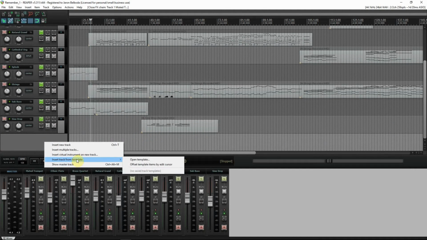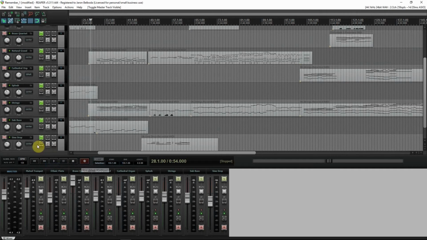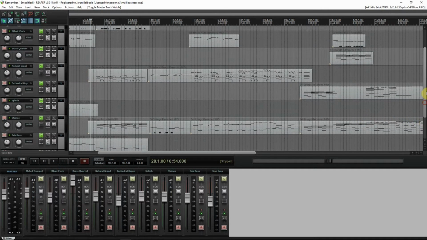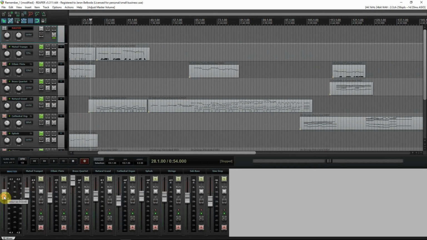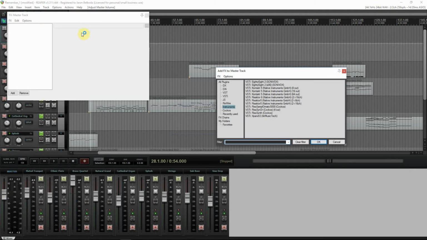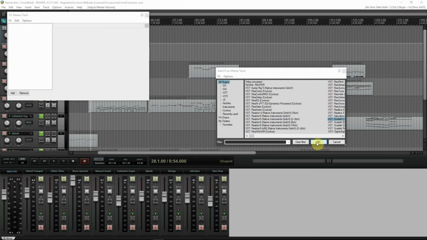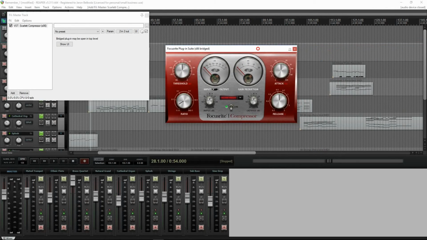Now, show master track. And just before I turn it down, so I could do that. Now, I think I'll go ahead and use the Scarlet compressor, which is right here. Okay, so let us see. Now by default it's set at -40, and these other settings,